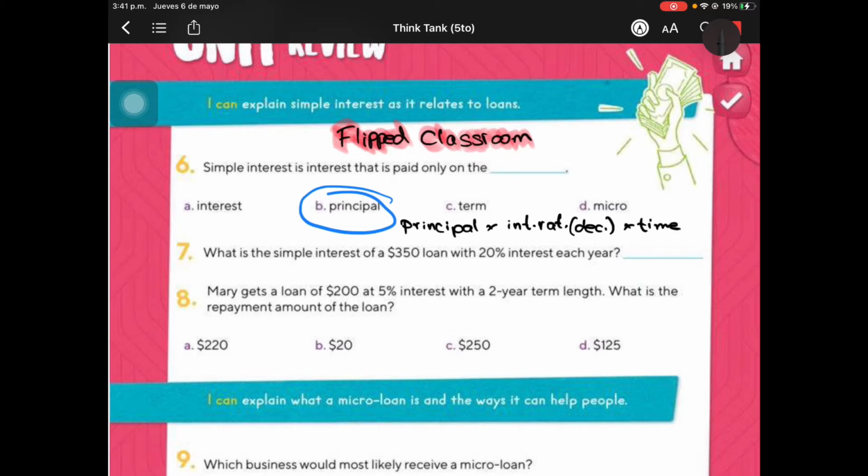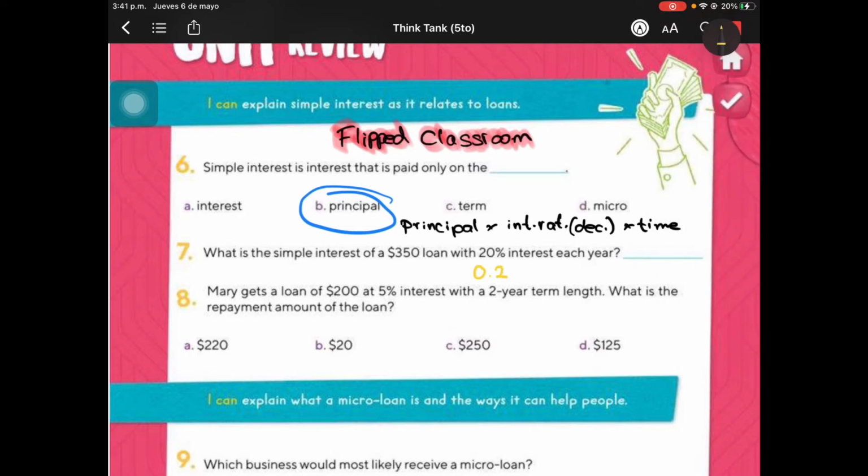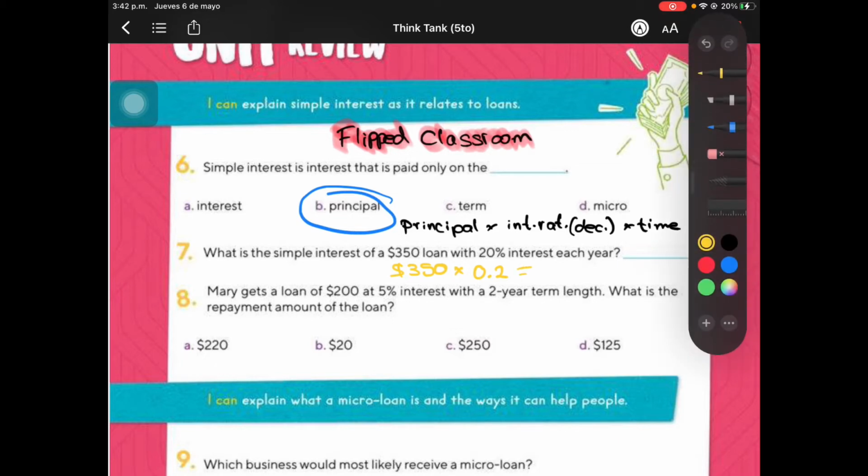In this case, we do not have the time, so we can scratch that one, but we do have the interest rate, which transformed into its decimal form is 0.2. Making these calculations, if you do it on the calculator or even by hand, you should get